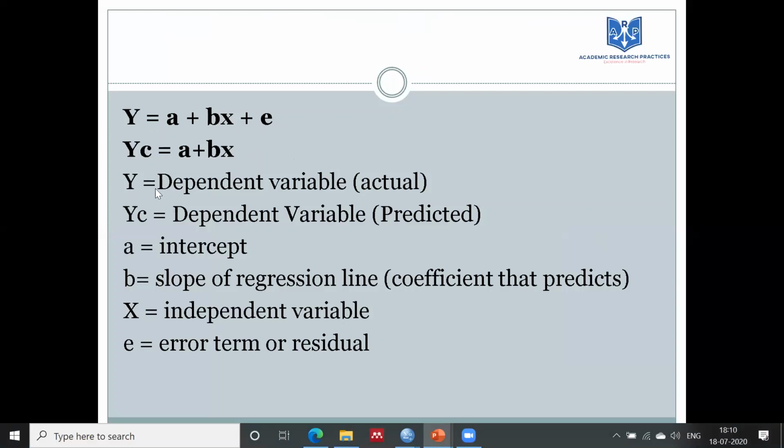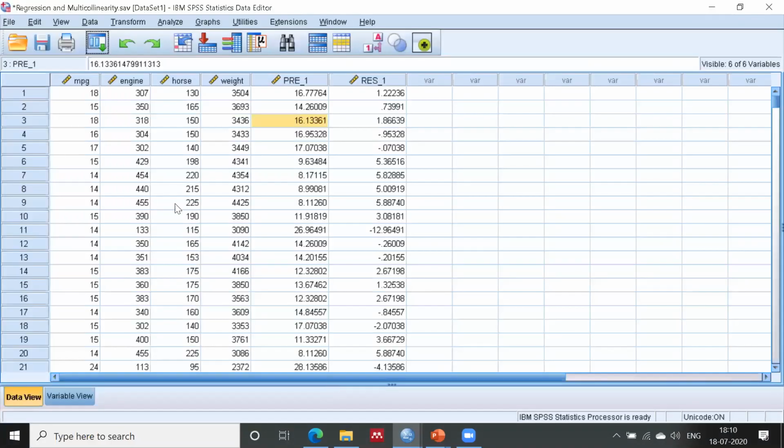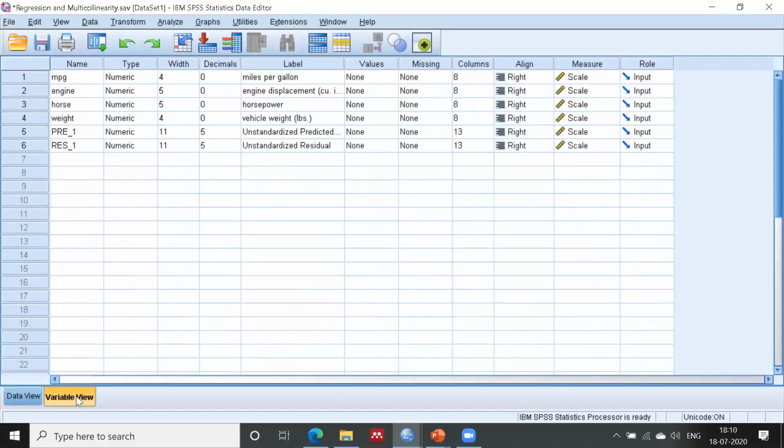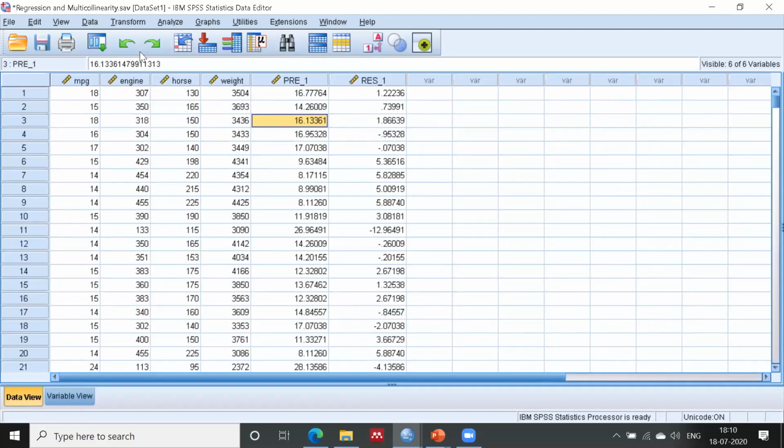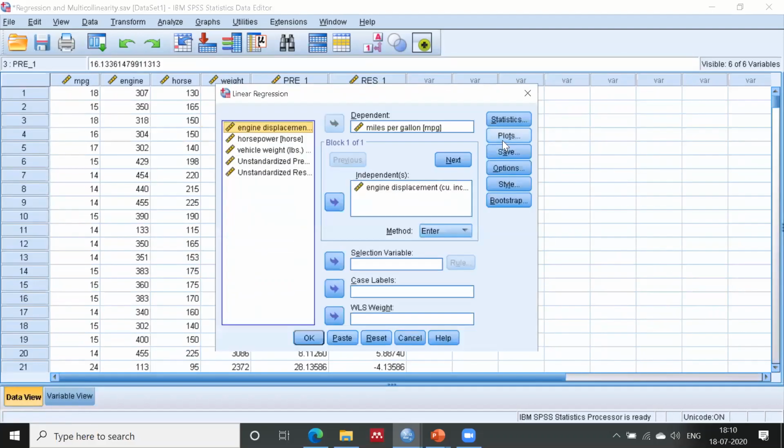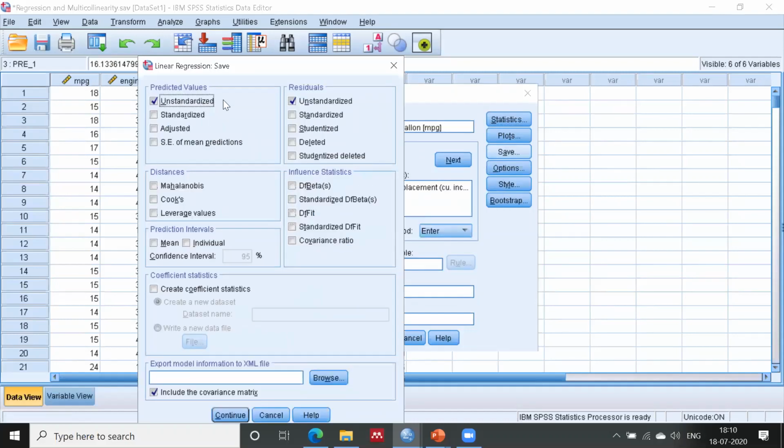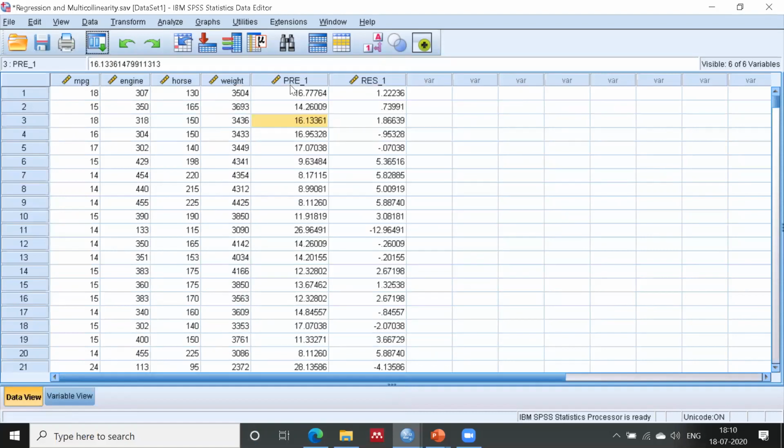Y is my actual dependent variable, of course, and Yc is my predicted dependent variable, right? Predicted value I will show you in my regression. In the linear regression, I opted for the option of Save. I checked the unstandardized and standardized residual and predicted values, right? And I ran the model so that I will get these values.